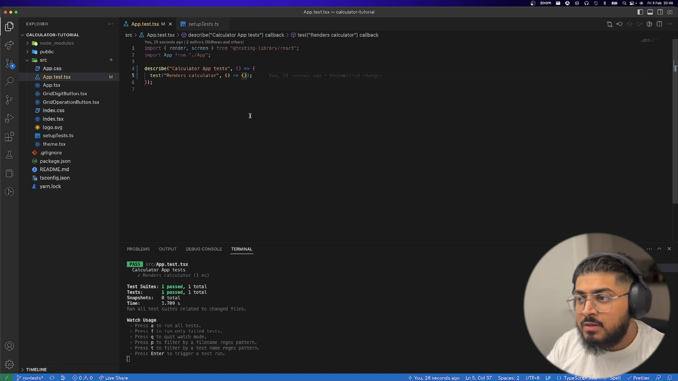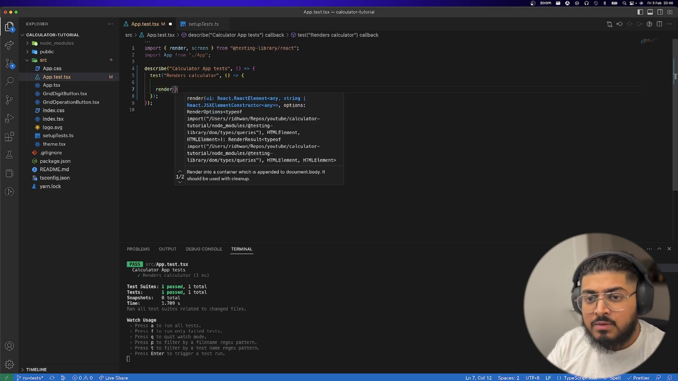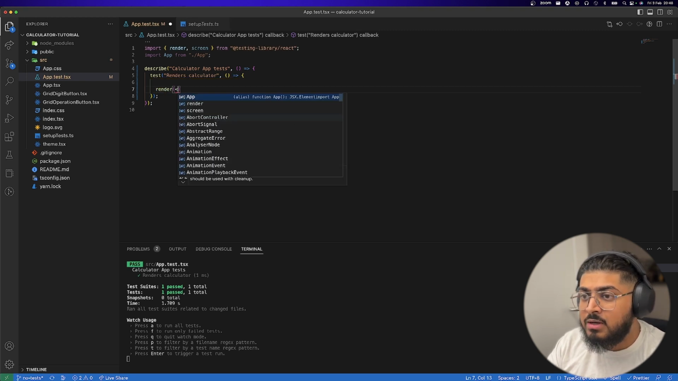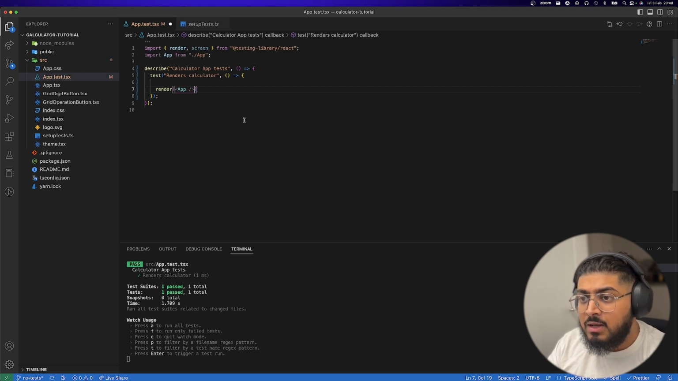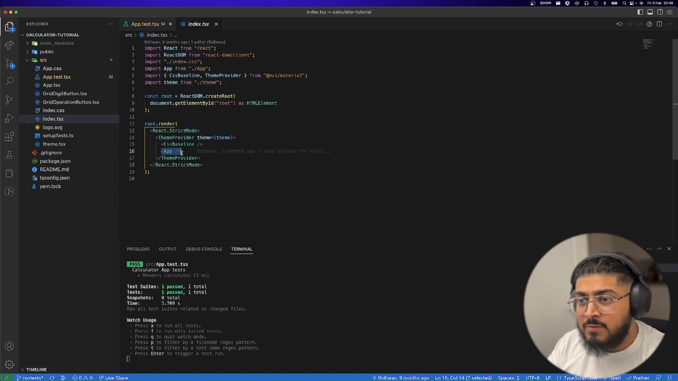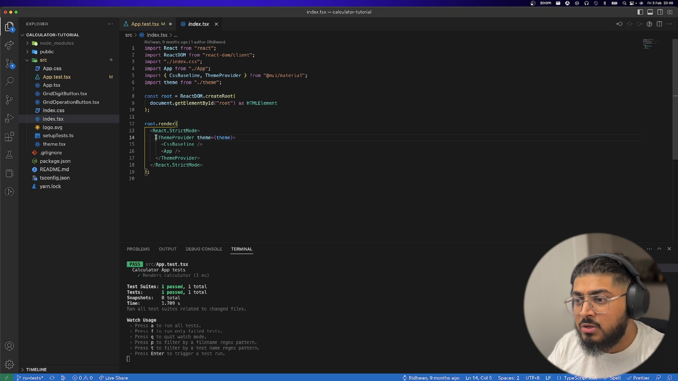And then in here, what we can do is render, and then we want to render our actual app component. So App, like this. And this is the same thing that we are rendering inside our index.tsx, as you can see here. I'm not bothering with rendering all these other things because I'm not going to be testing them. If I were going to test the theme properties in this application, then I would include this